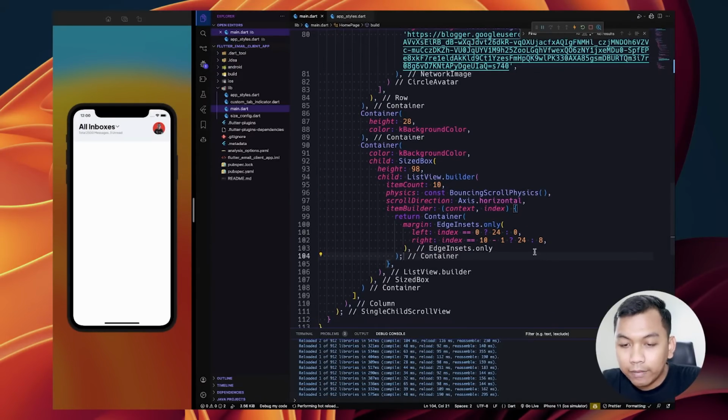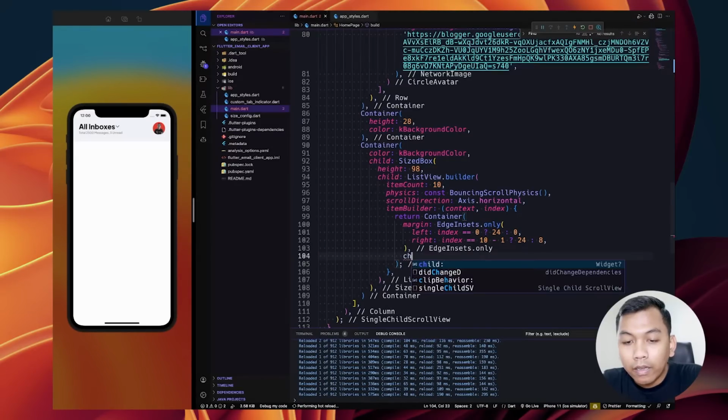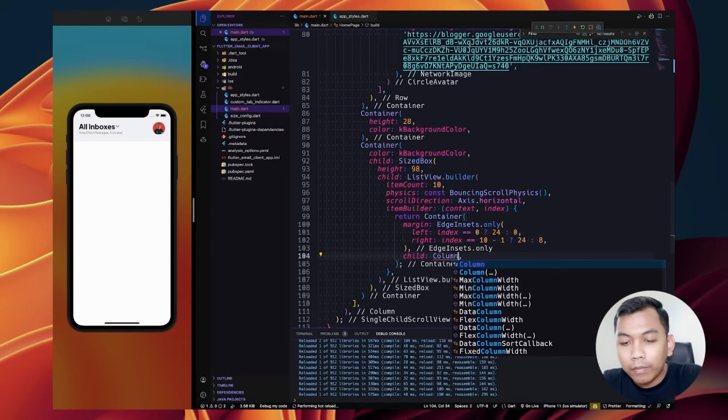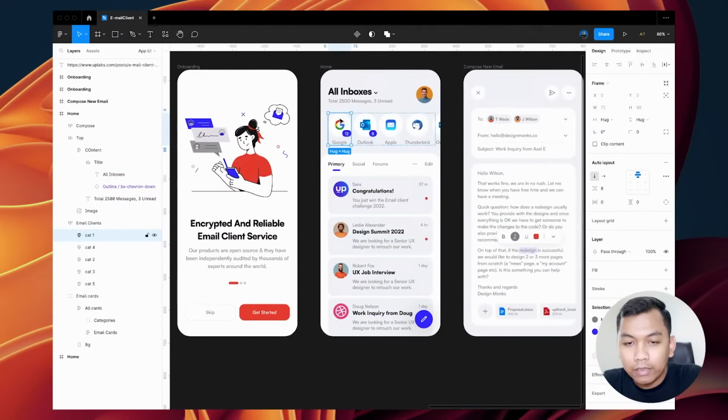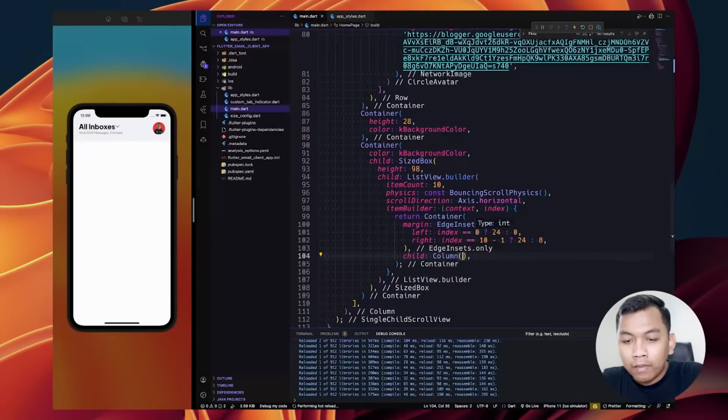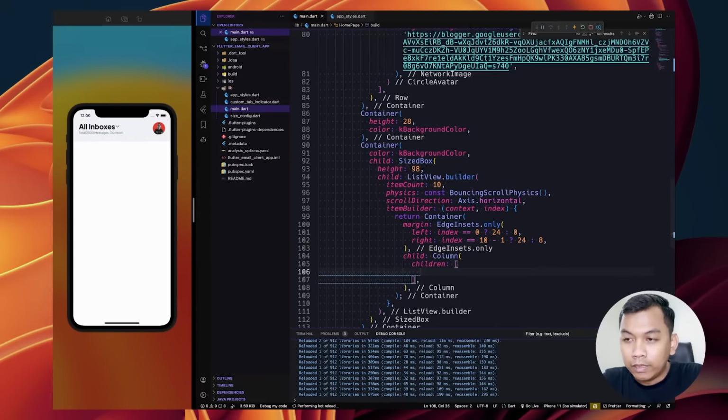As simple as that. And for the child will be Column, because as you can see here, it's aligned from top to bottom, and Column will have children.